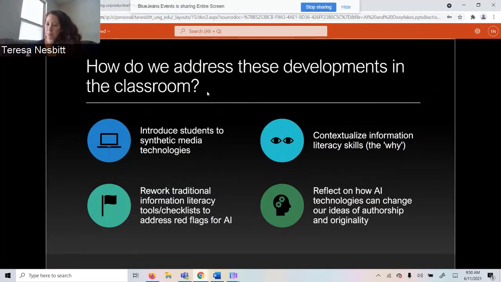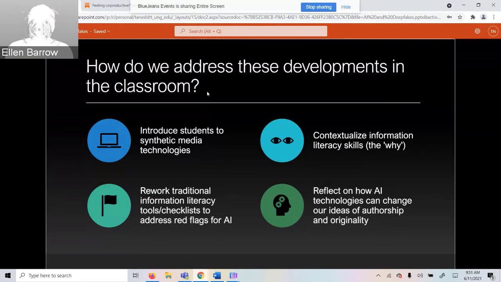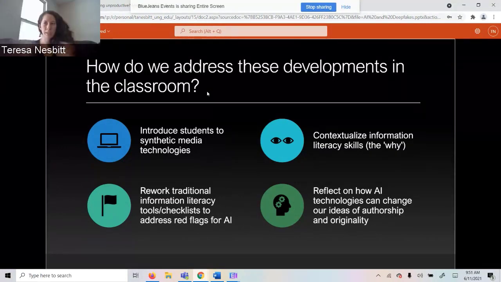And the last point that I want to make, I have to thank my coworker, William Brogdon, for this brain flash, because while we were sitting around talking about this topic, he said, what does this mean for the concept of originality, for plagiarism? So GPT-3 is licensed through Microsoft, and I really wouldn't be surprised if future versions of Word had some kind of GPT-3 prompt that would allow us, if we're feeling like writer's block, to write in a sentence and maybe get a prompt for what to write next.